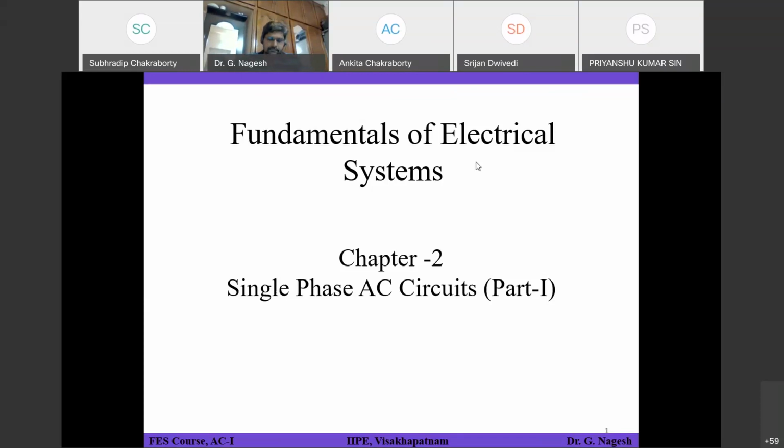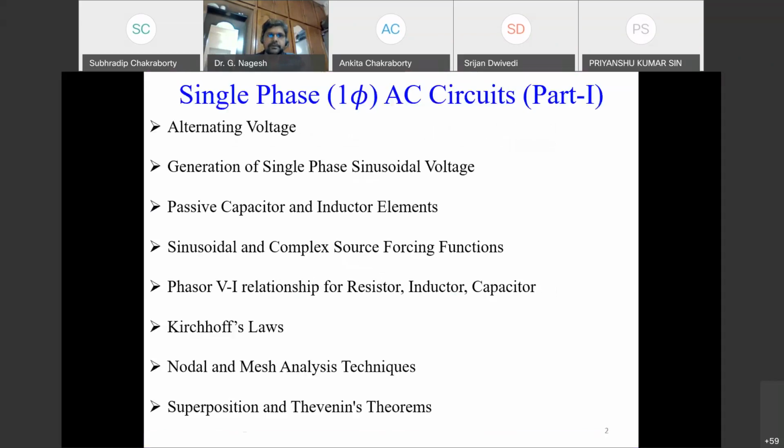Okay, so coming back to our discussion, we are going to start single phase AC circuits today. Here you can see after single phase there is a 1 with a symbol phi. The short form for single phase is this 1 with a phi. We will not call it phi in electrical terminology; that symbol is called phase. So if I write it in words or simply represent it as 1 with that phi, it is called single phase AC circuits.